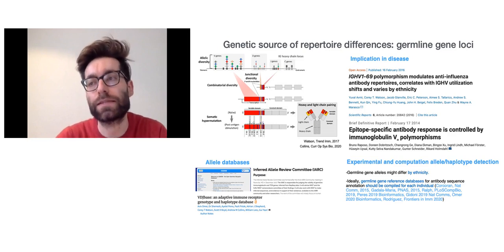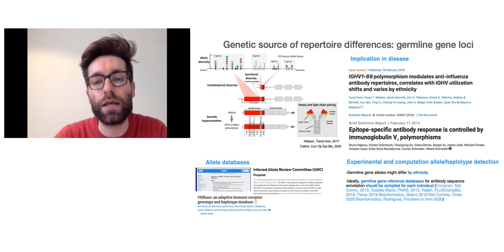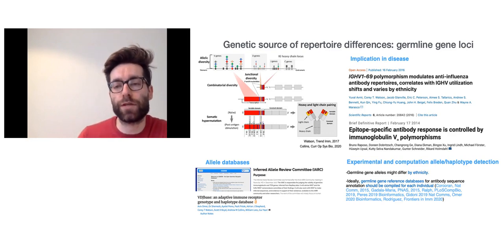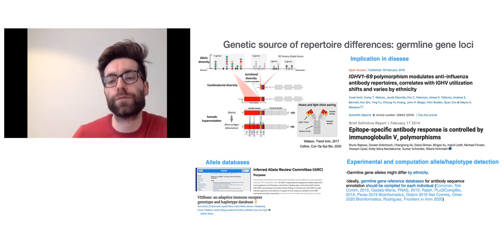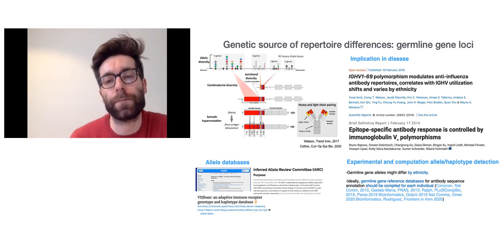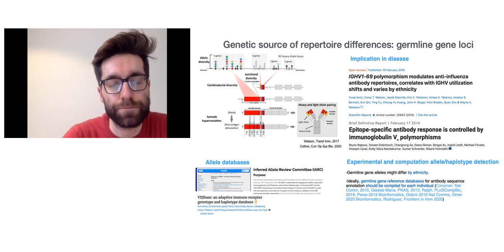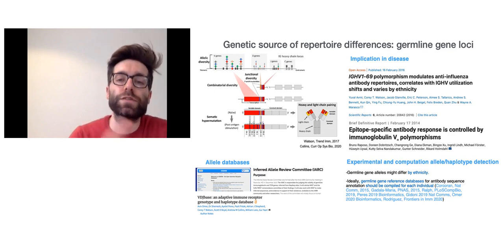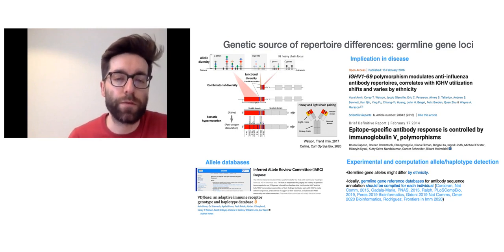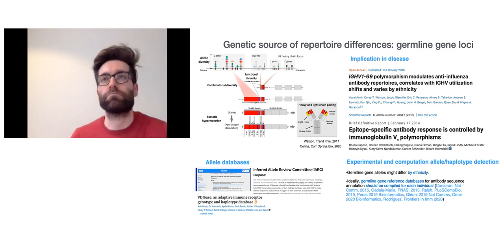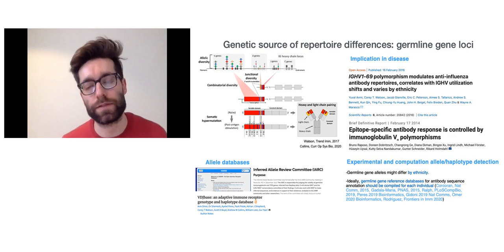So some alleles are more or less good in generating precursor B cell receptors for then generating broadly neutralizing antibodies. So this is just to say that if you're not really interested in somatic hypermutation and super correct clonal family assignment,